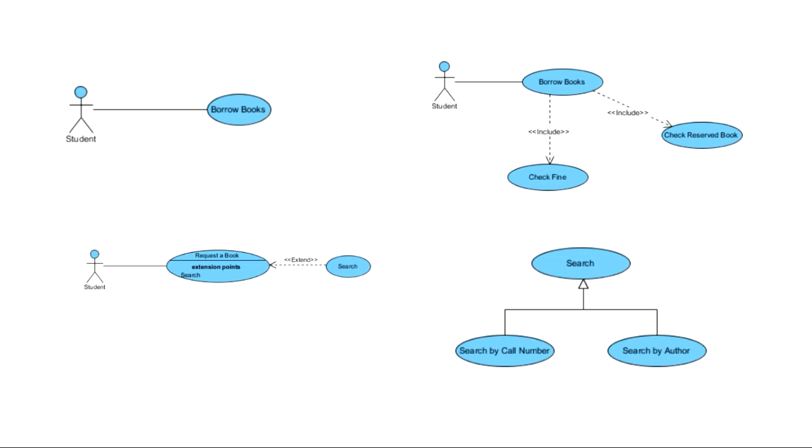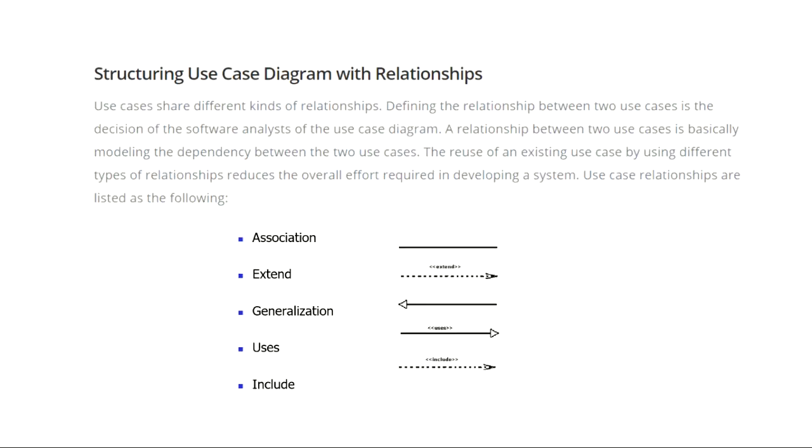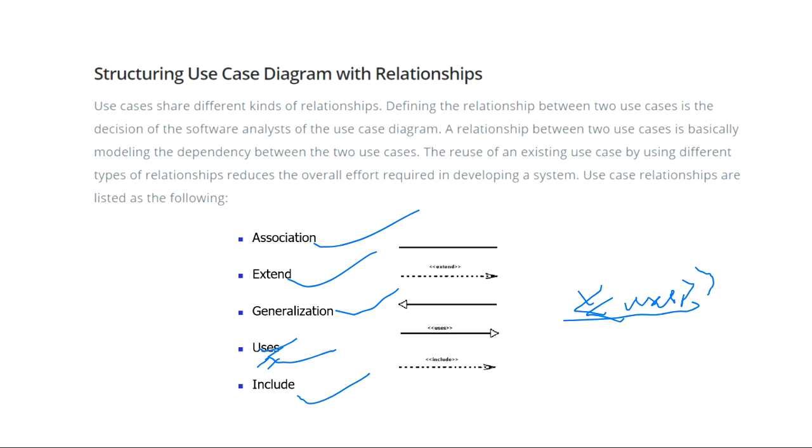Sir, what is the need of uses? Here, uses. Kshitij, uses? What uses? Use cases you are saying, or what? Back in the slide. This you are talking about. This is also a kind of interaction, this is also a kind of interaction relationship. We will see what uses are. Like association is a relationship, extend is a relationship, generalization is a relationship, include is a relationship, uses is also a relationship, which we will see.